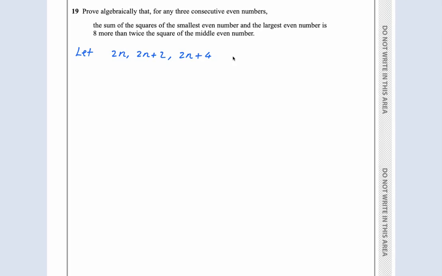So let these be three consecutive even numbers. Okay. Then it says the sum of the squares of the smallest even number and the largest even number. So let's do that first. 2n squared, that's the smallest one, plus 2n plus 4 squared